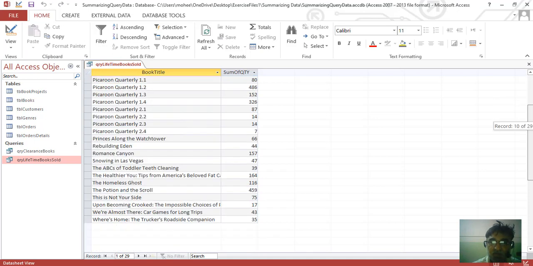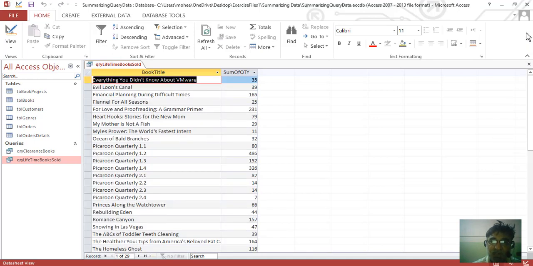So we came back to the original data, which is grouped on the book name, and the books sold lifetime is shown in front of every book. So this is how we can insert an aggregate function from the design view.